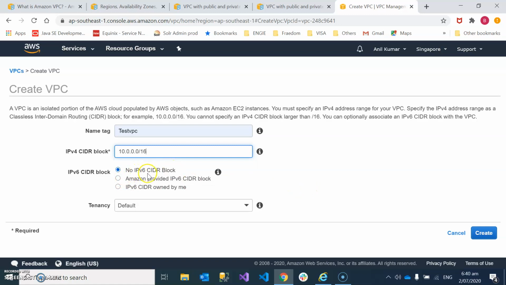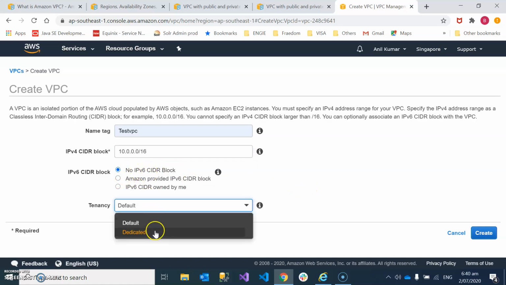We don't need IPv6. Tenancy is default or dedicated. Default means the resources launched in your VPC can be on a physical machine that is shared with another customer of AWS. If you go with dedicated, then one physical server will be allocated to your VPC. Dedicated instances are more expensive because the physical hardware belongs to you.